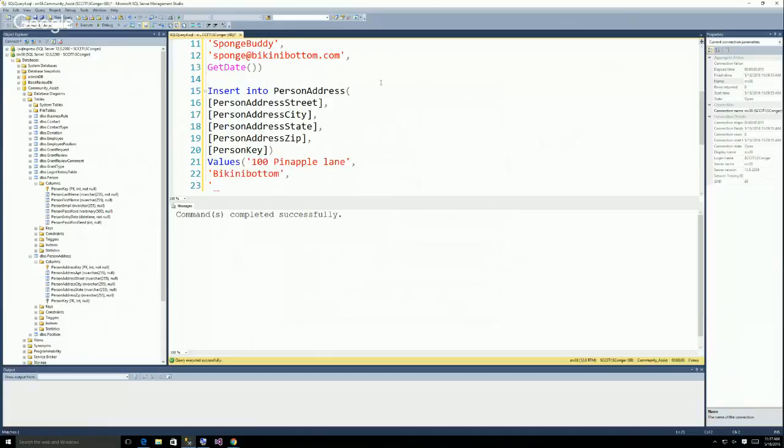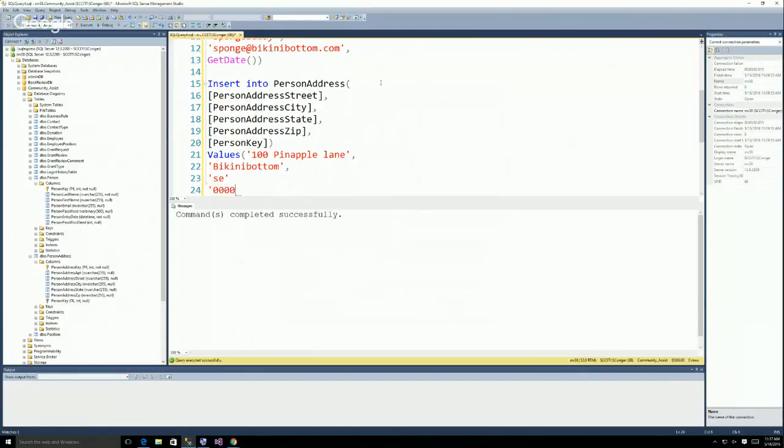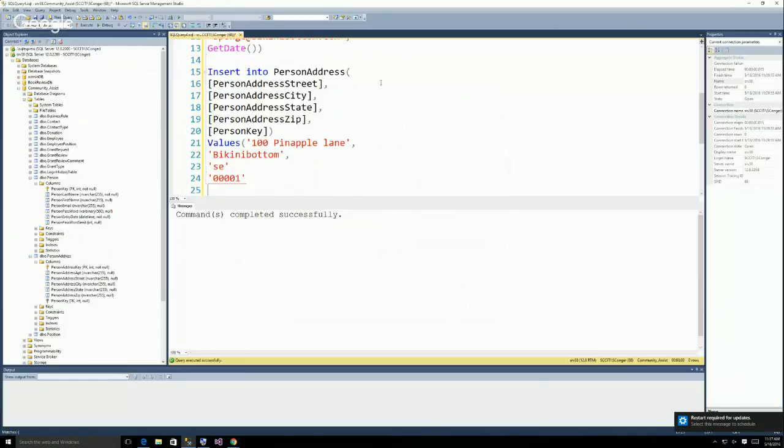State, yeah, except that you're limited to 2 characters. SE. Zip. I don't know. And then the person key, what I'm going to do for that is I'm going to do,